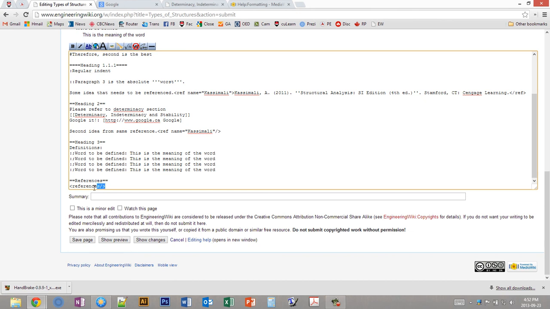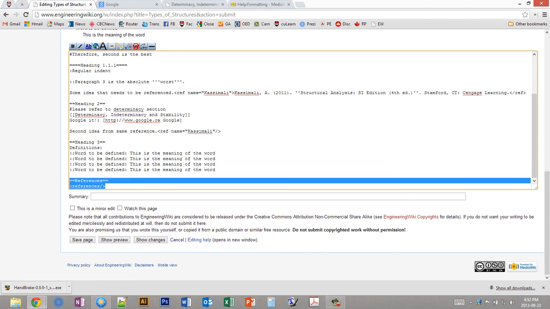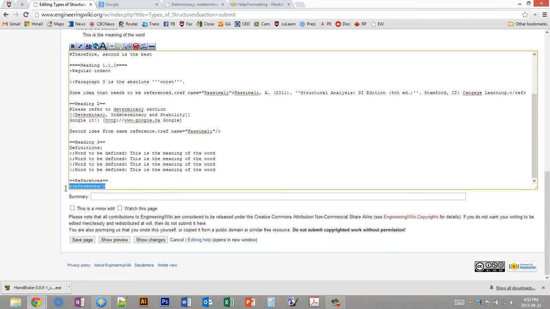And what this means is this is going to take all of the reference data from all of these ref tags in the entire document, and put all that reference data at the bottom. And if you visit Wikipedia, this is the way it works in Wikipedia. So it's going to put a little 1 next to the point where that reference is located, and when you click on it, it'll link straight down to here. So if we show the preview now,